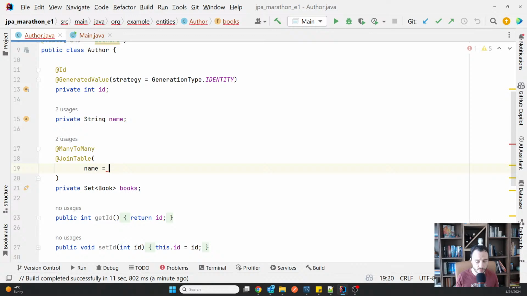And then you can provide the name of the table, and you can call it differently. You can call it author book, something like that. Anyway, so you can give it a different name. So let me run it and show it works.